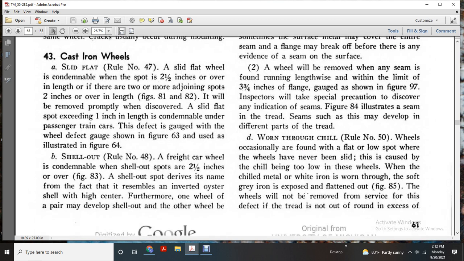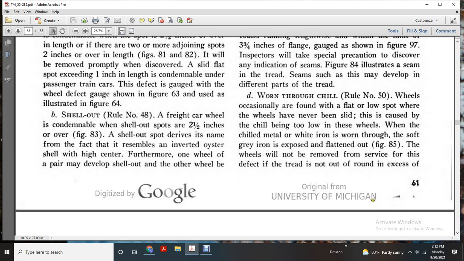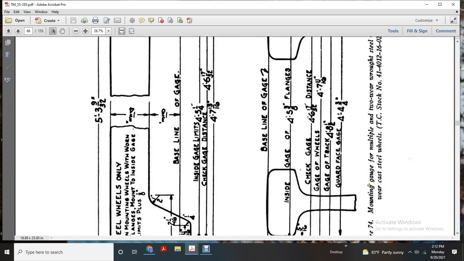D. Worn through shell, rule number 50. Wheels occasionally are found with a flat or low spot where the wheel has never been slid, the cause being the chill being too low in these wheels. When the chilled metal of white iron is worn through, the soft gray iron is exposed and flattened out, figure 85. The wheels are not removed from service for this. The defect of the tread is not out of round in excess of